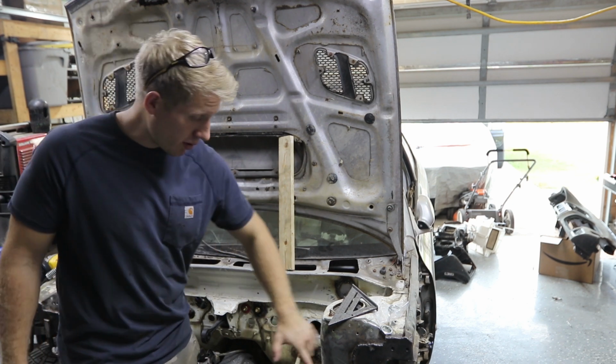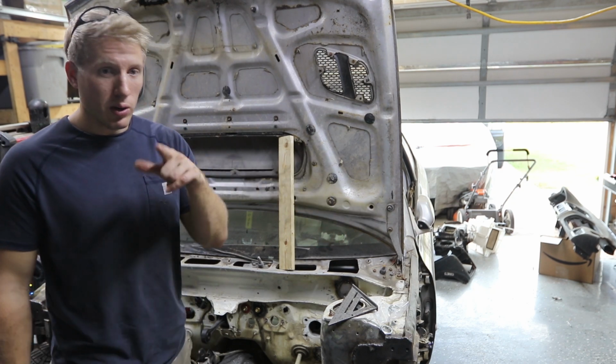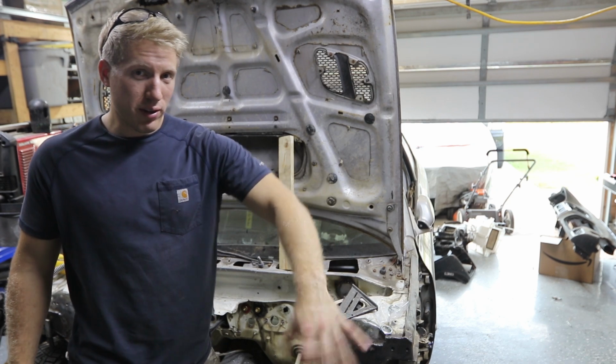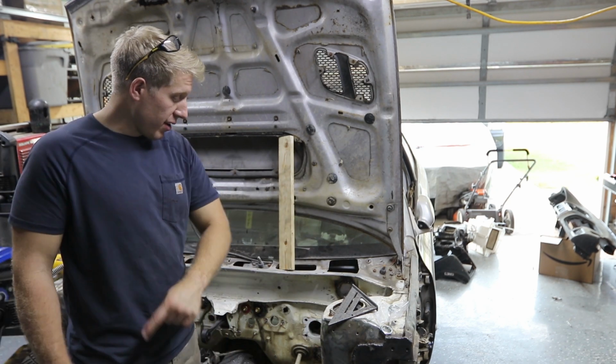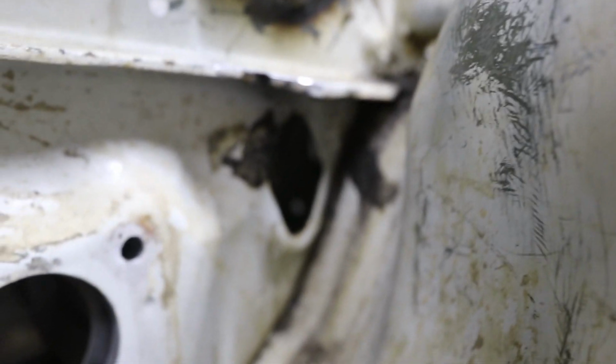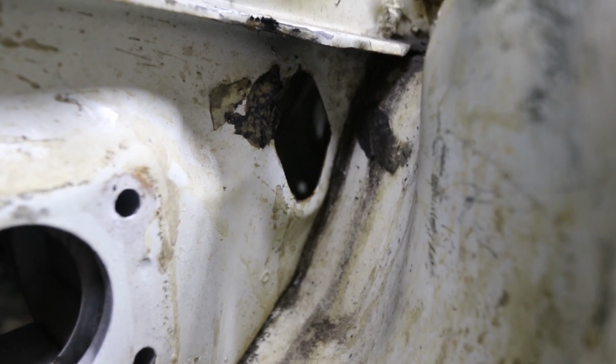So the harness that used to run fuse box was here, and then it ran through the wheel well. We are going to go fuse box probably around here in the front end somewhere where I've got like an open space. Wires going through probably the old fuel line hole because it's pretty big. So I'm thinking that I'm going to trace the hole that's in the wheel well because it's pretty big, get a